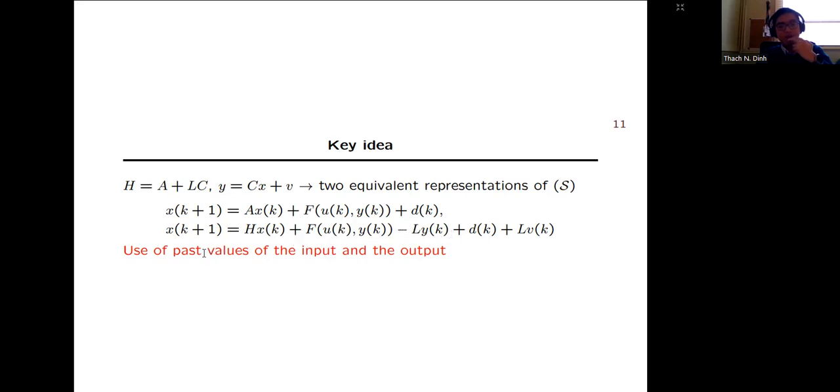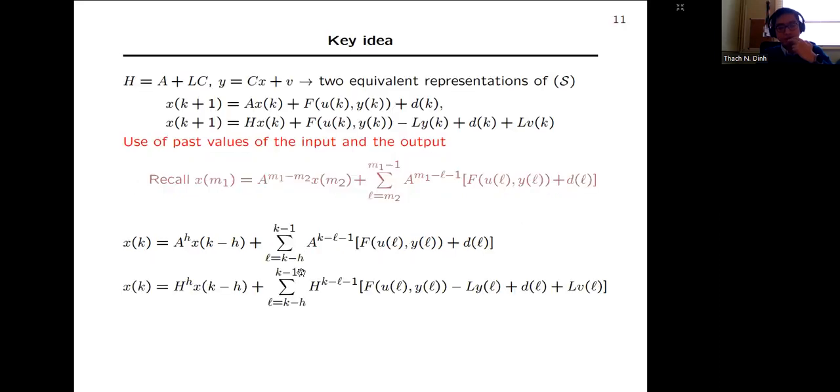So now we will use the past values of the input and the output. But first, let me remind you about the relation I introduced in the previous section. Now we just need to apply it: for M1, we replace it by k, and M2 we replace it by k minus S. Of course k is greater than k minus S because S is a positive delay. So we can have the following two equations: